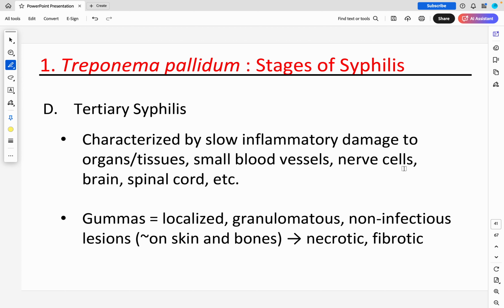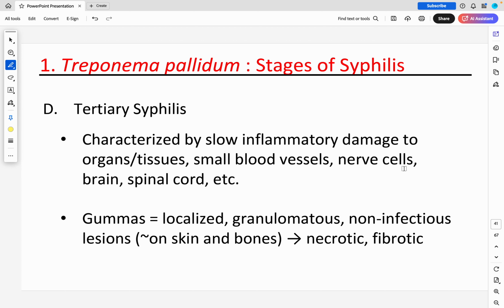So the bacterium has gained distribution to other parts of the human host, characterized by very slow inflammatory damage to multiple organs and tissues, to blood vessels, and particularly targeting the central nervous system, nerve cells, the brain, and the spinal cord. And a characteristic